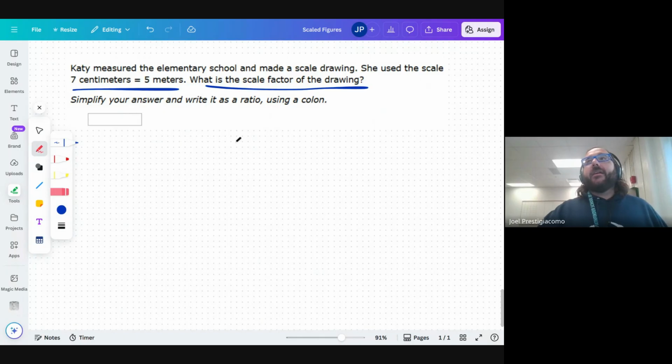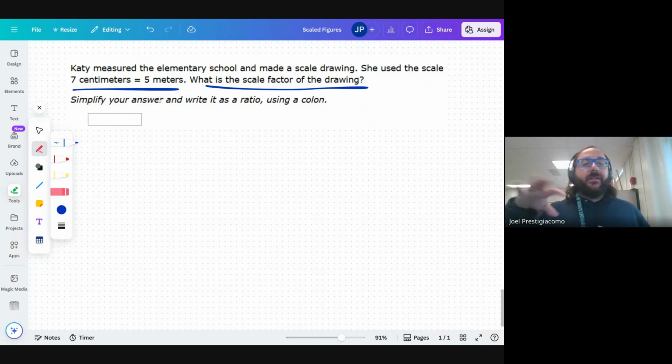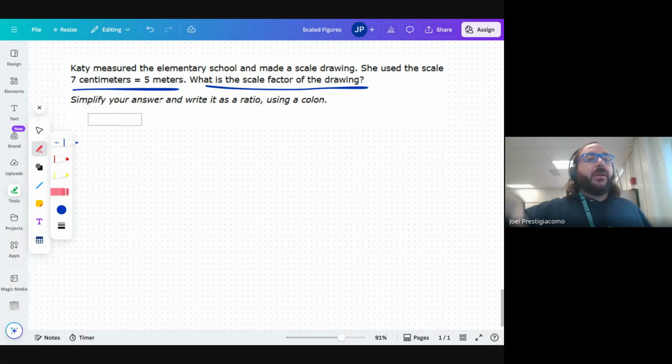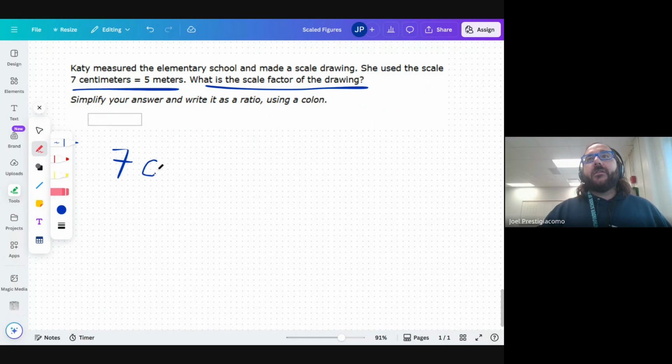Okay, so again, what is the scale factor? Because she is making a scale drawing, it's going to be less than 1, right? So it's going to be like 1/10 of the size, or a hundredth of the size. It's going to be much, much smaller. So we're going to put the smaller units on top, right? So what is this scale? So 7 centimeters